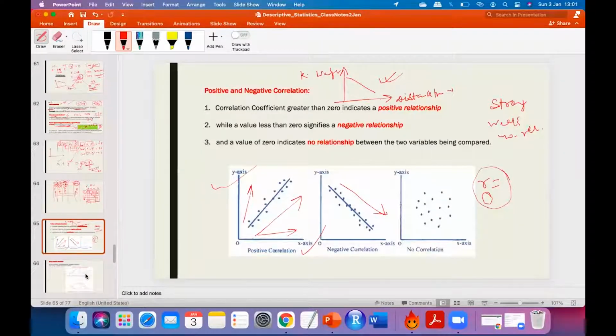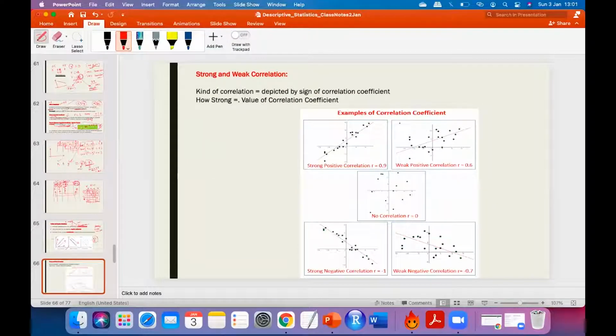Now the thumb rule. Again, I am saying before I go to the next slide, there is no black and white in stats. It is up to you. Let's say in any problem, 0.9 I'll consider as a strong positive correlation, or minus 0.9 as a strong negative correlation. But in another type of problem, you can even take 0.68 as a strong relationship.